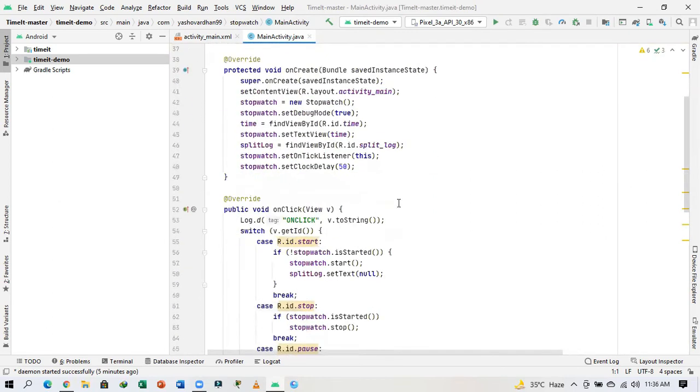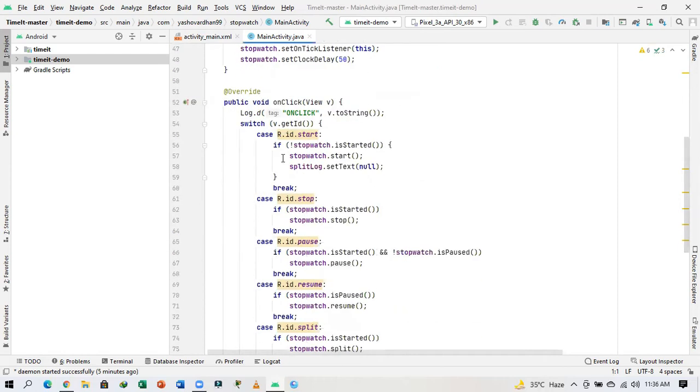The next thing I am using is a case and break function in an if and else condition. So suppose our stopwatch is not started, that is, not equal to the stopwatch functions imported from the package. Then on clicking the start button, the stopwatch is going to start. Then there is a break function. The next thing I have assigned is the stop function.